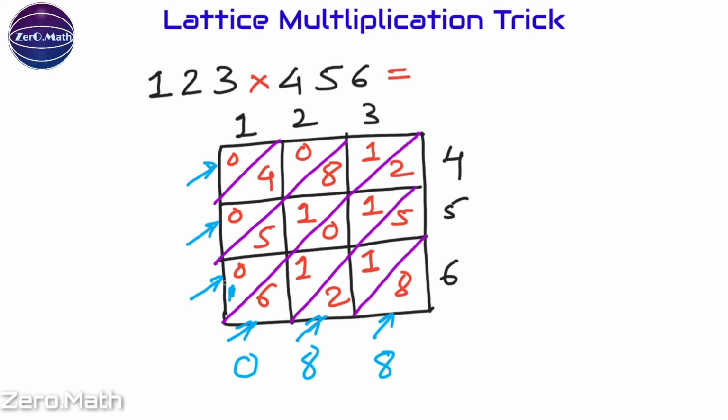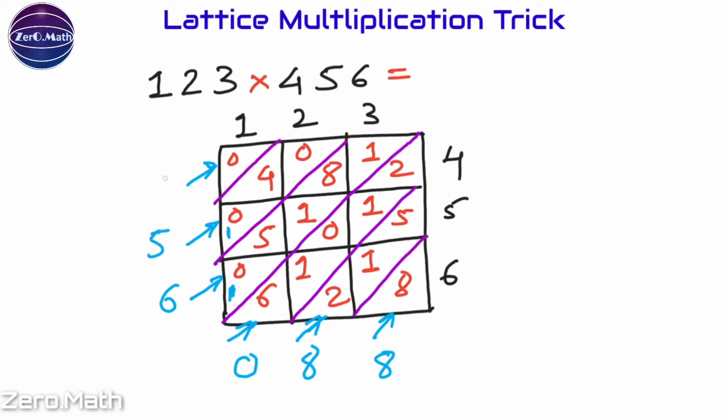Let's add the numbers in the next part. 1 plus 5, 6, plus 1, 7. 7 plus 1, 8, and 8, 16. So I'll write 6 over here. Again, there will be 1 carry. So 4 plus 1, 5. Let's add the digits in the next part. I'll write down the result over here.